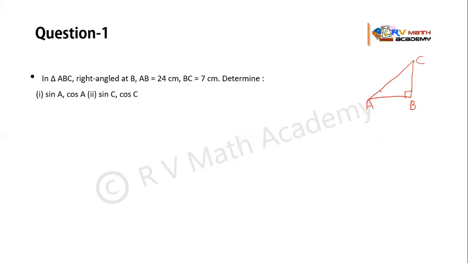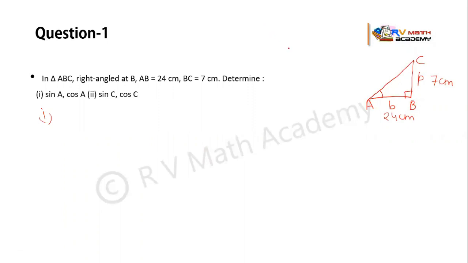Now, first we will consider this acute angle A. So for the first part, we will write the trigonometric ratios with respect to this angle. Now, if I am just taking this acute angle, then the side opposite to this acute angle is BC, which will be the perpendicular, and the another side which is adjacent to it is known as the base. So here the base is AB. We have given AB as 24 centimeter and BC, that is perpendicular, as 7 centimeter.